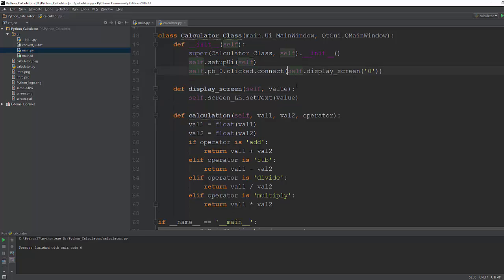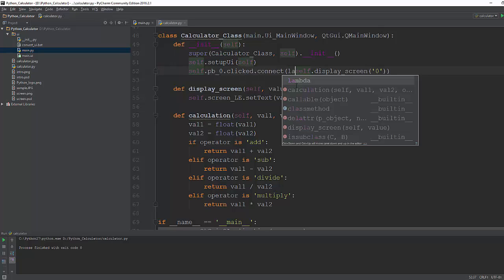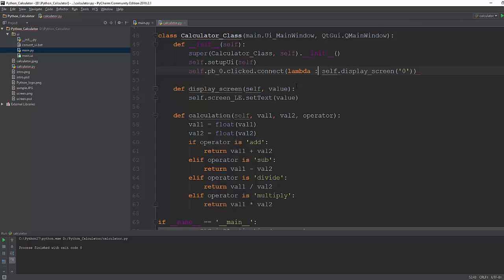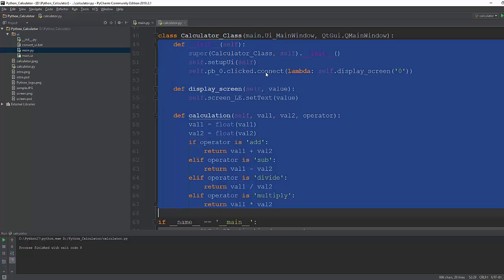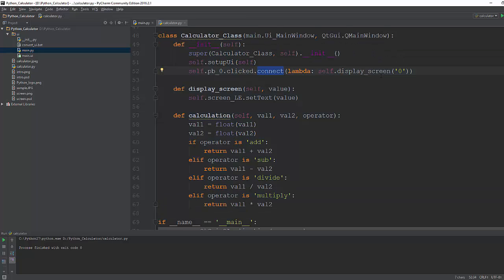And before that you have to use lambda. Okay, why are you using a lambda? Because if you're providing any argument to the function in the connect, then you have to use this lambda, because this will create an abstract function. What lambda is I will cover in a separate tutorial, but for now you can just see that you have to use the lambda if you want to pass an argument value to a function